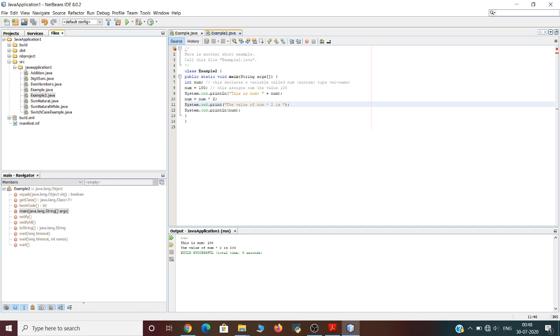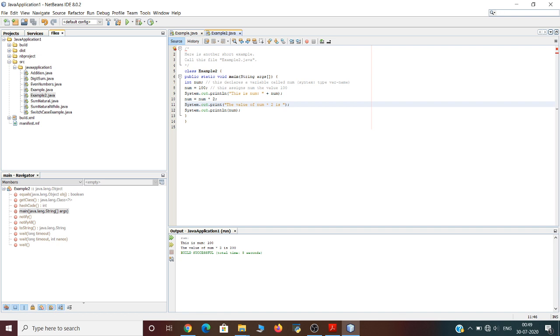After this line executes, the variable num will contain the value 200, because initially the value of num was 100, and when we multiply it by 2, the final value becomes 200. We can see in the output that the value of num * 2 is 200.